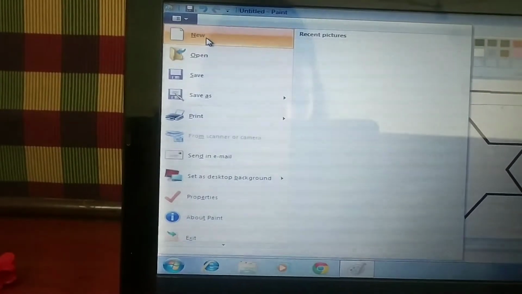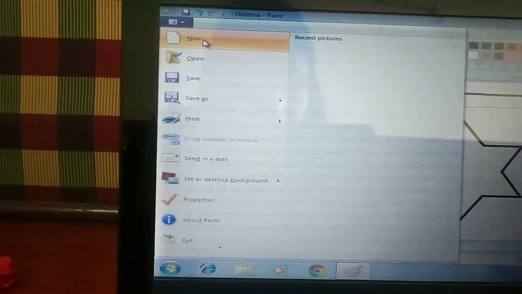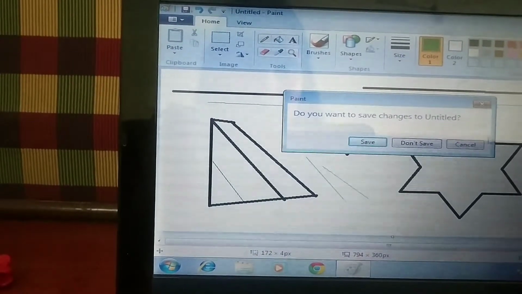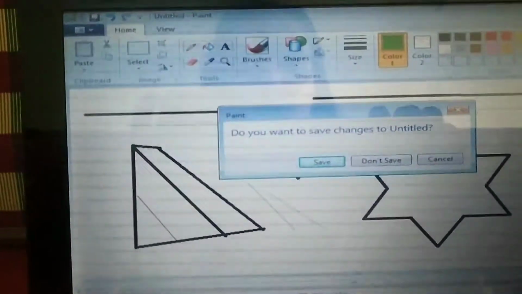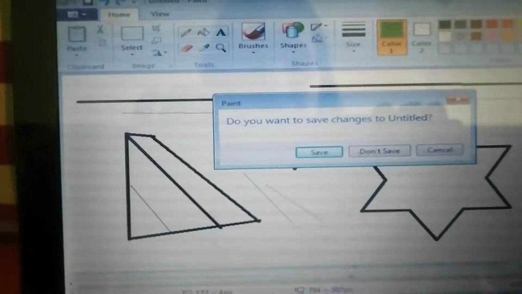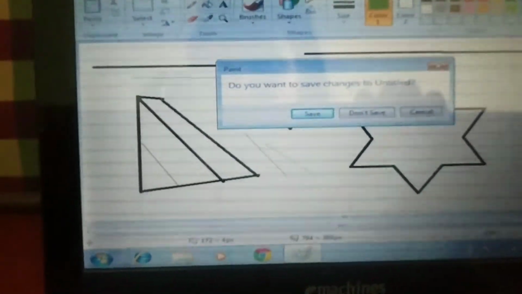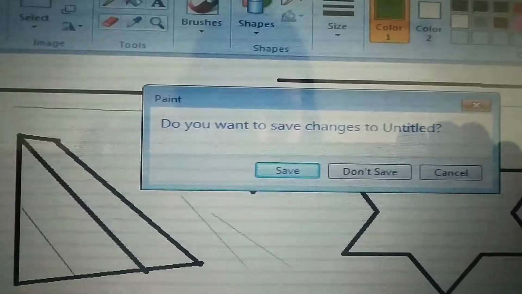So when I clicked on the new option, I will get a few options like these. Do you want to save changes to Untitled? If you want to save it, you can click on Save. If you don't want to save it, you will click on Don't Save.